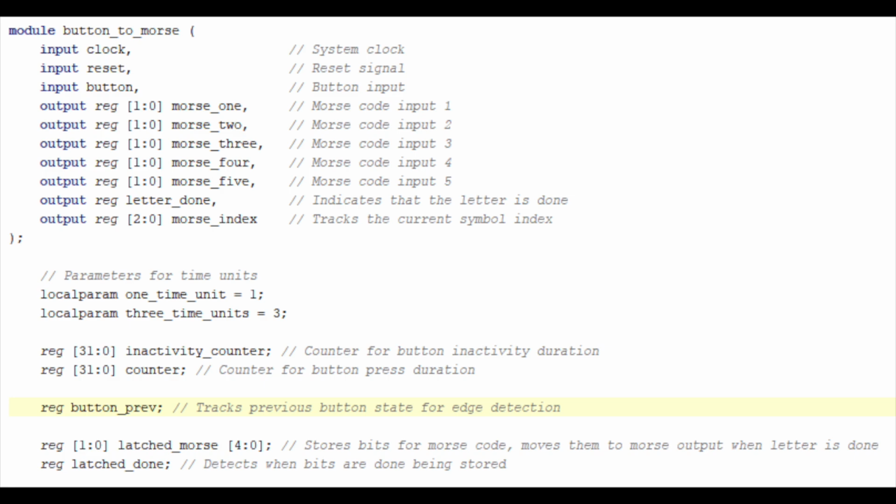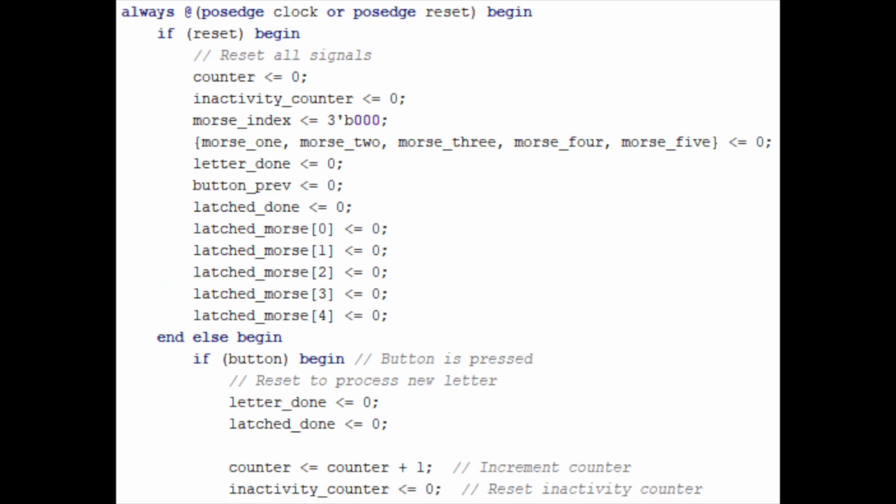The 2 parameters, 1-time unit and 3-time units, are used in the code to detect a dot, dash, and when a character is completed. The latched Morse register is an array with 5 elements, each element being 2-bit. It stores the bits for the Morse code before a letter is detected as complete, then moves them to the Morse output once detected. When the reset button is pressed, all the variables are reset to 0, effectively restarting the